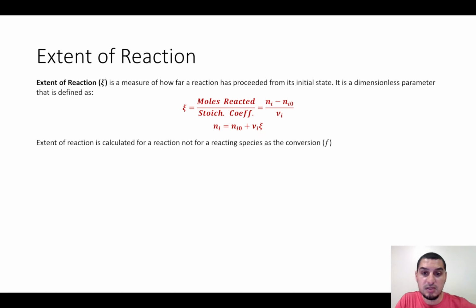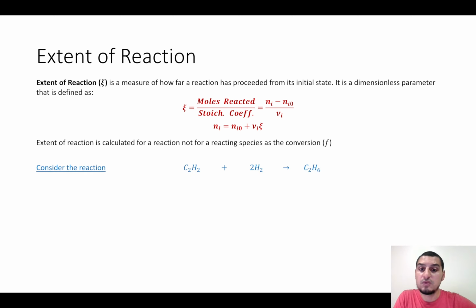The extent of reaction has two main advantages over the conversion when we express how far the reaction proceeded. The first is that we can apply this equation to the reactants and to the products. So it can be applied to both. The fractional conversion can be only applied to the reactants. We cannot calculate the fractional conversion of a product. So this is the first thing. And the reason is this is the extent of reaction. It's not for the conversion of a reactant, and this makes a lot of sense. The second thing is that the extent of reaction is constant for a given reaction,